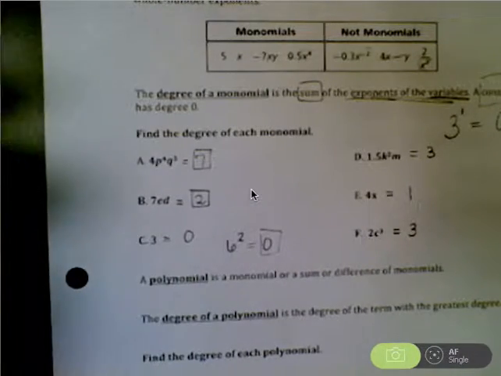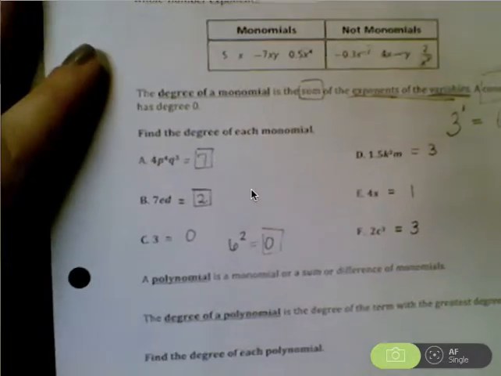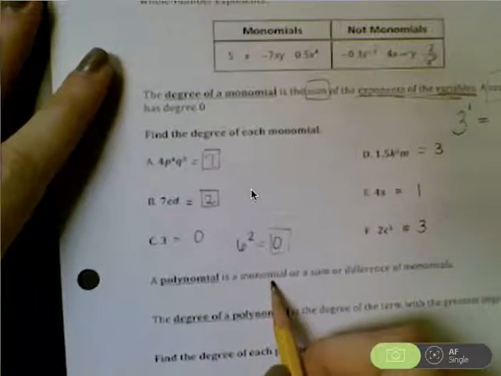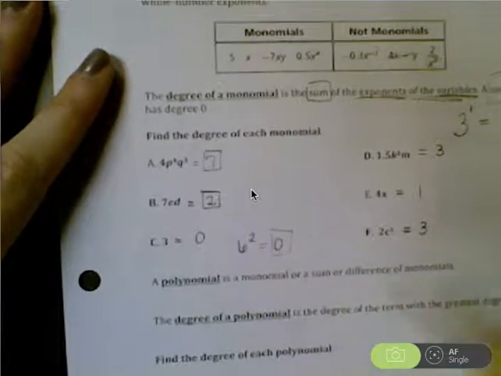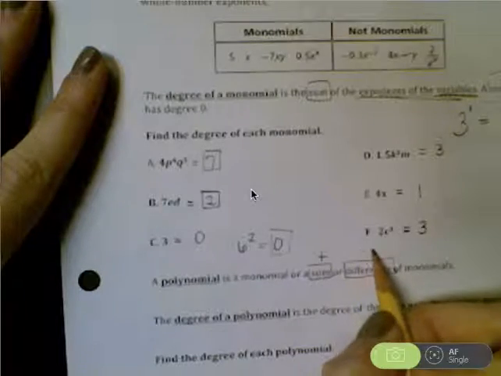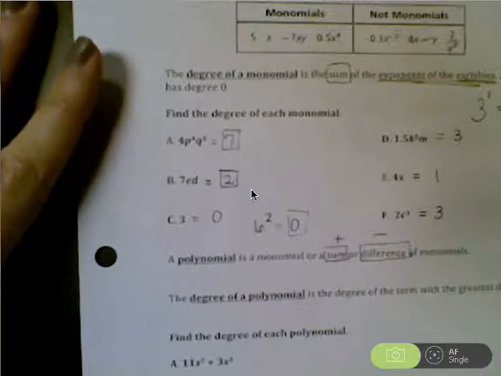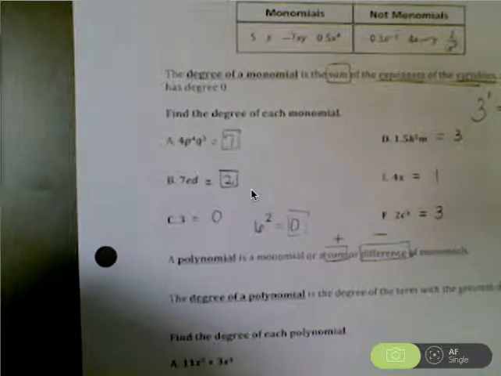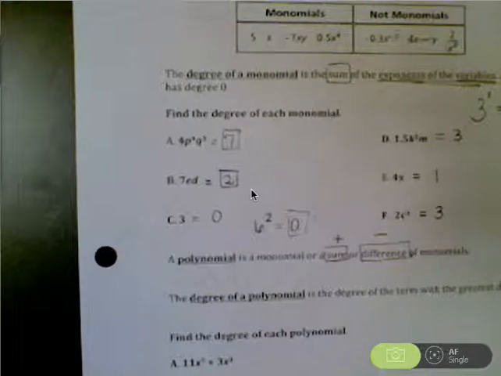Okay, the next vocabulary word is polynomial. A polynomial is a monomial or a sum or difference of monomials. So again, we see these words, sum and difference. What does sum mean? Plus, or addition. Difference? Subtraction. So with polynomials, you're going to take monomials and you're going to combine them together with an